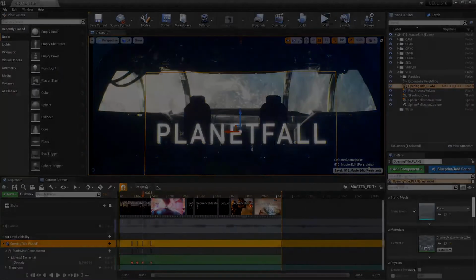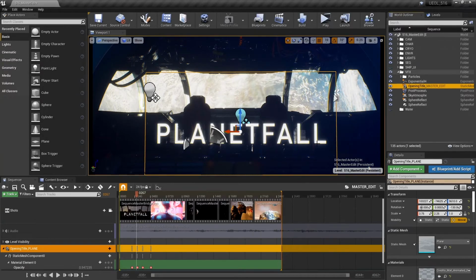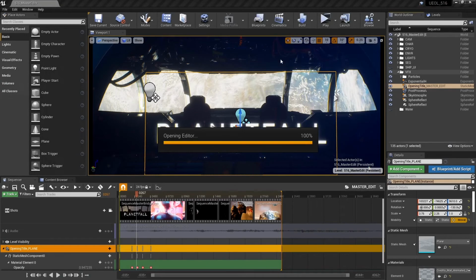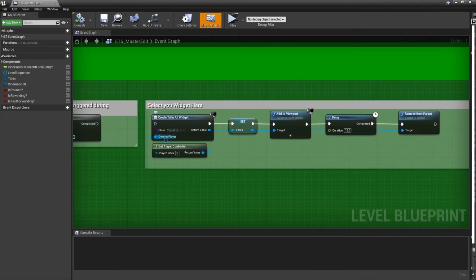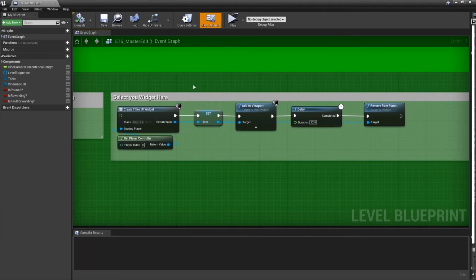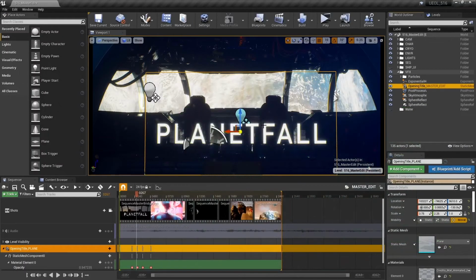So the final thing I'd like to go over here, this is just some housekeeping at the end, is making sure that if you've experimented with both approaches, so if you've experimented with placing a plane in and adding material to that and making sure that's keyframed in sequencer, or in your level blueprint here, you have initiated a titles widget to pop up with your text that is added to the viewport and then removed and animated, et cetera, et cetera. Just make sure that unless you're doing this for a very specific reason, if you've chosen one over the other, so in my case here, I've chosen to stick with the plane with the material on it that's animated in